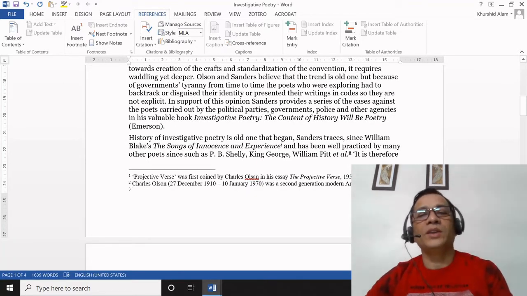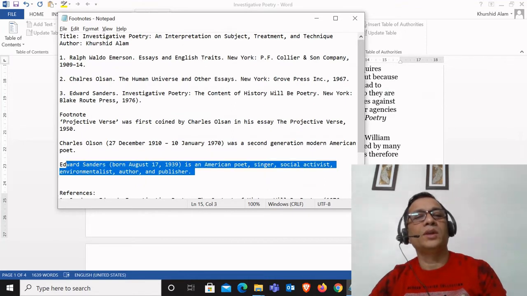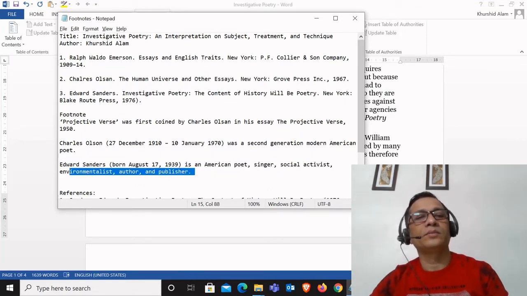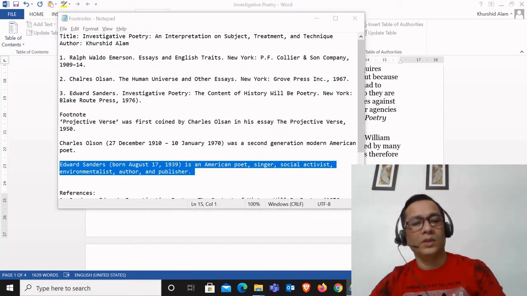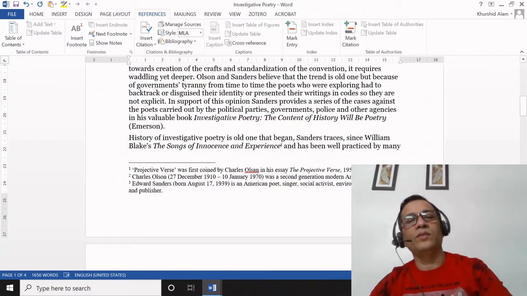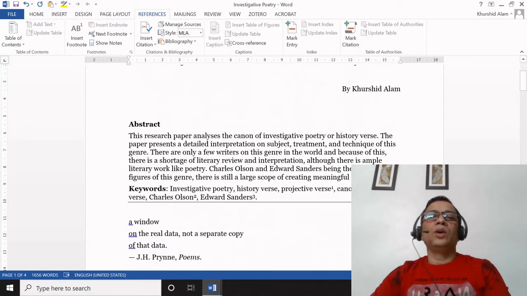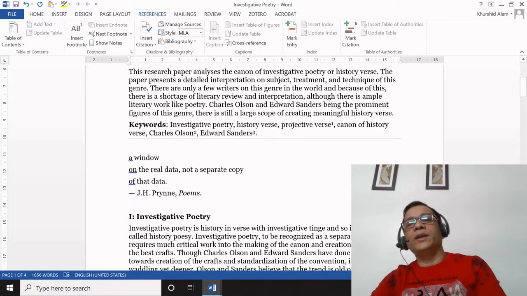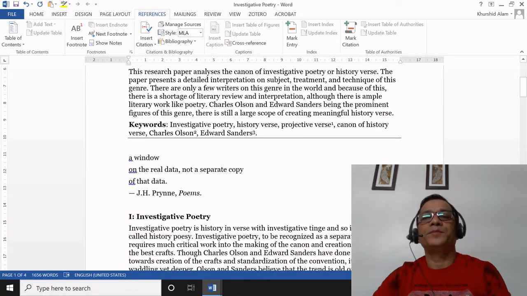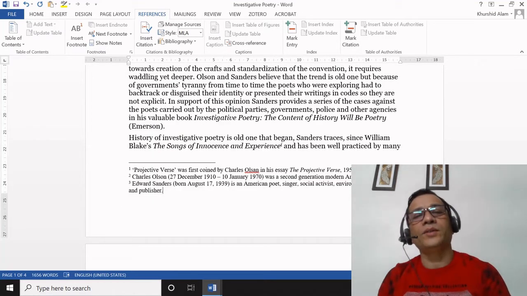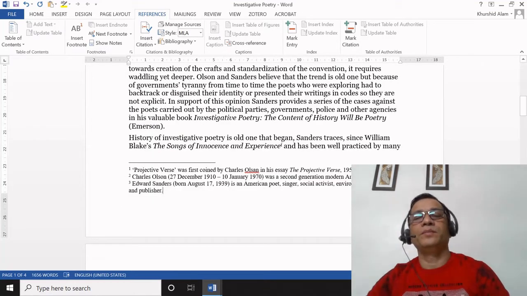Similarly, one more citation has been added at the footer and then I'm copying this information here. So you can see that I have added three citations, and an endnote is also added in the same way.